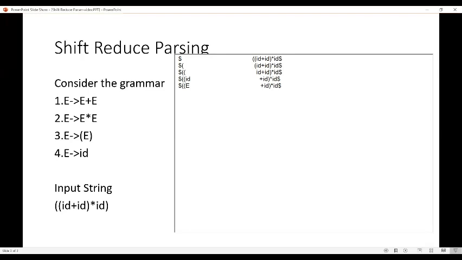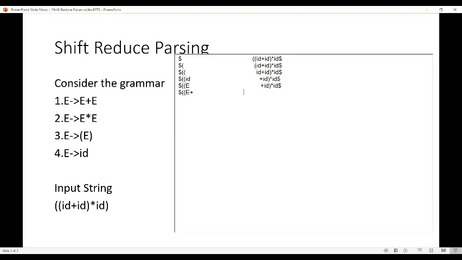Now again we have to apply shift operation. So the stack would be dollar open parenthesis E. The next input symbol is plus.